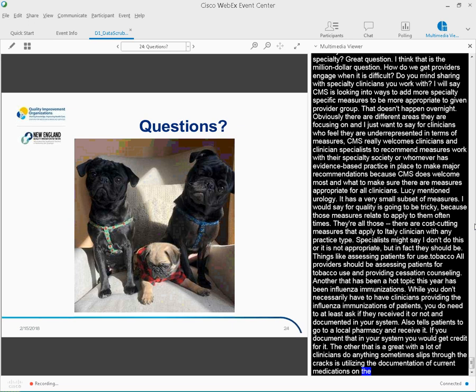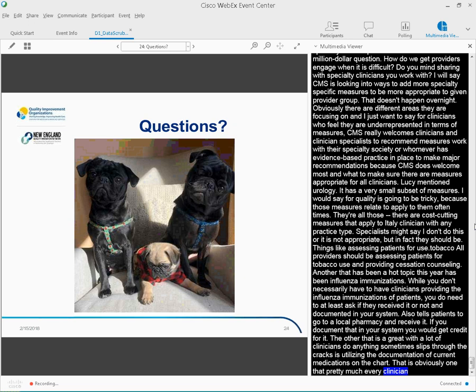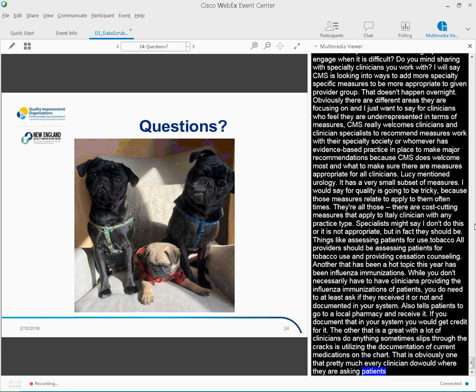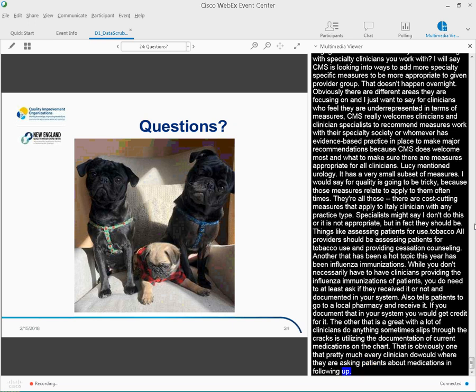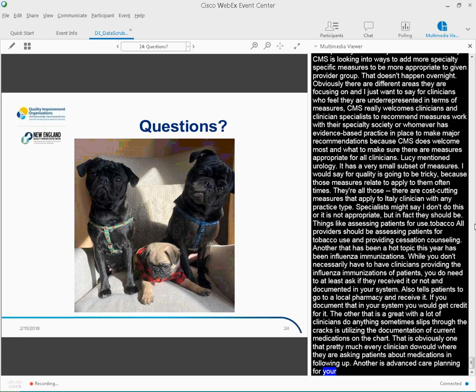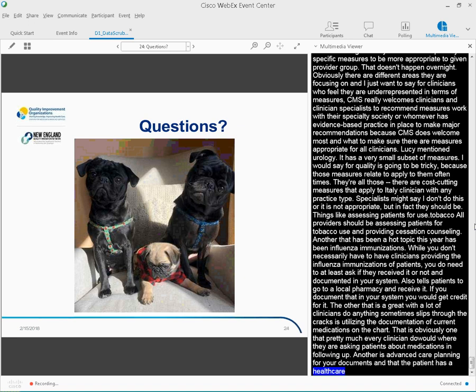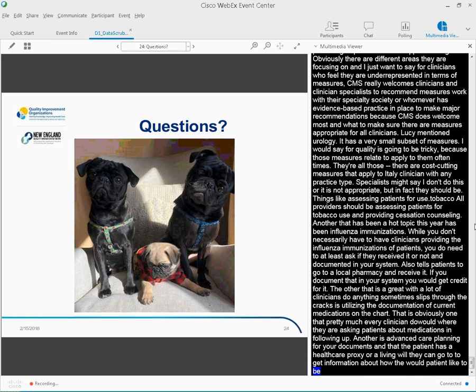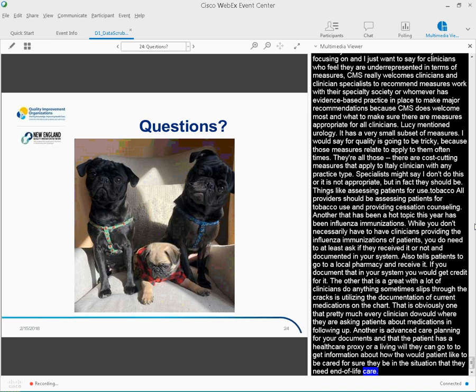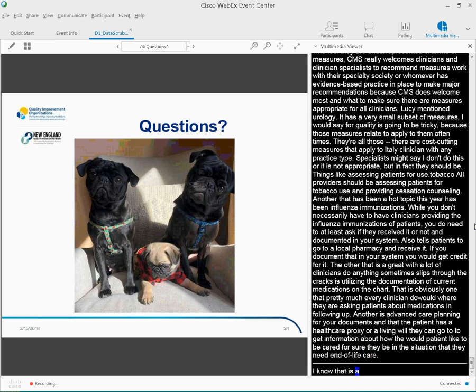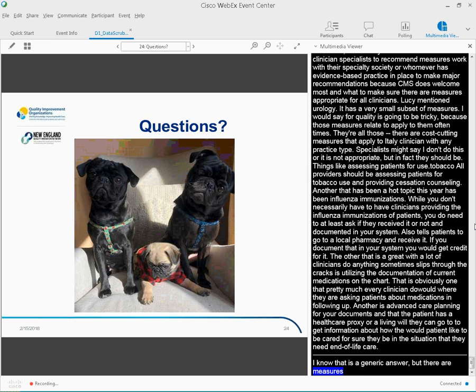Another is advance care planning, where you are documenting that the patient has a healthcare proxy or a living will, and getting information about how the patient would like to be cared for should they need end-of-life care. So I know that's a very roundabout, generic answer, but there are measures that cover a lot of specialties, even if they're not specific to that group. These are general care measures that all patients and all providers should be talking about.